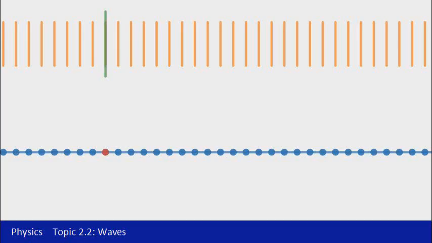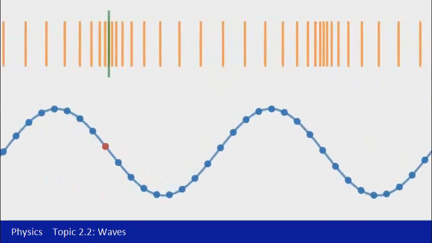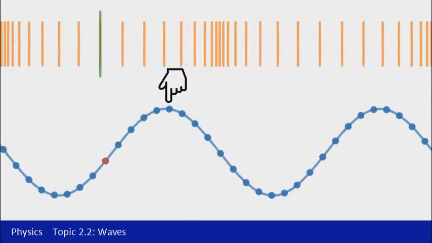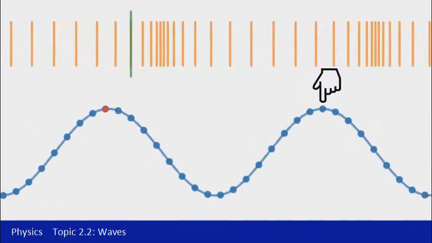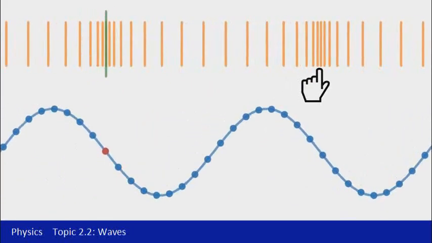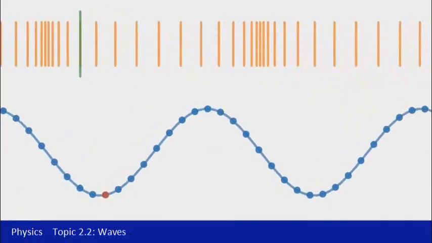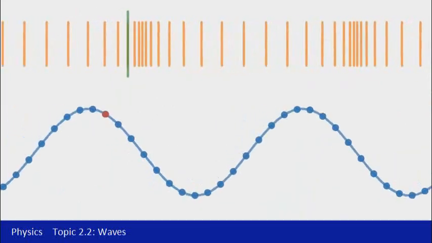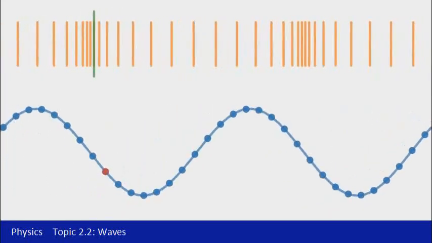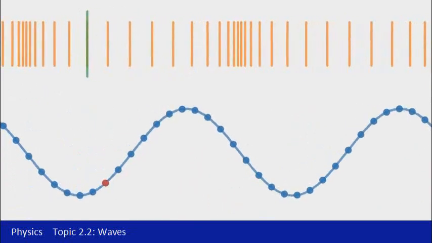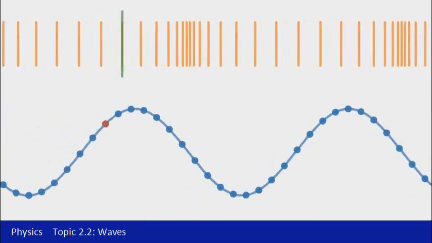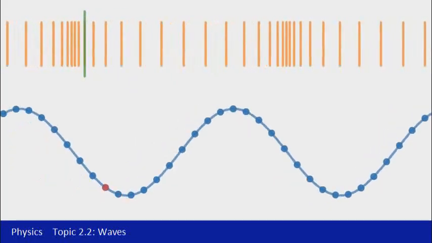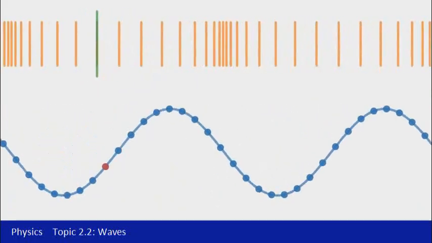If we then have a wave being transferred along both of them, first of all you'll notice the speed with which the wave is moving. If I trace the crest of the transverse wave along and then compare it to a compression of the longitudinal wave, you'll notice that they are the same speed, so they're moving at the same rate. Now, if we look at the movement of this green line here, you'll notice that it's fastest as it's moving through both a compression to the right and a rarefaction to the left. So a compression and a rarefaction don't actually match up with peaks and troughs of a transverse wave. They match up to where the particle is travelling through its equilibrium position.